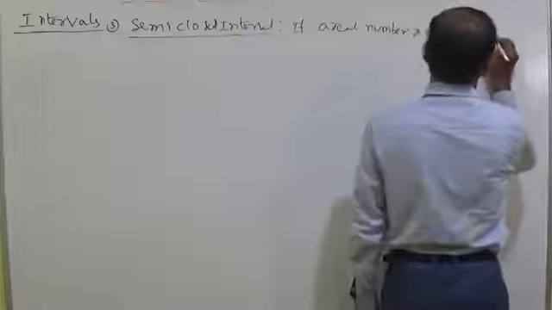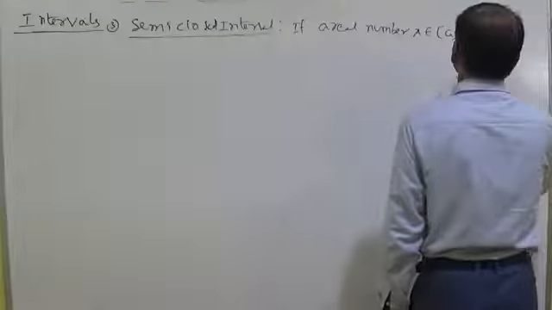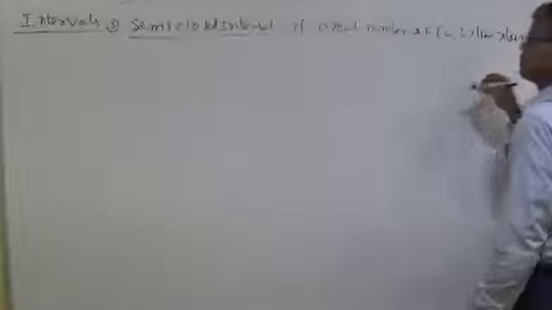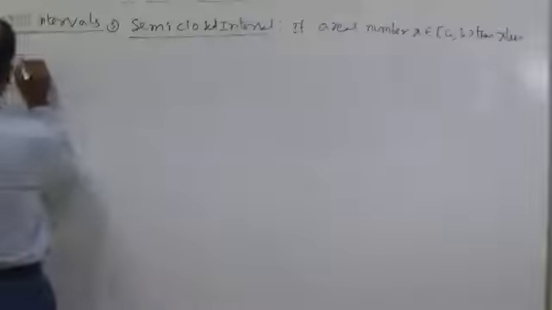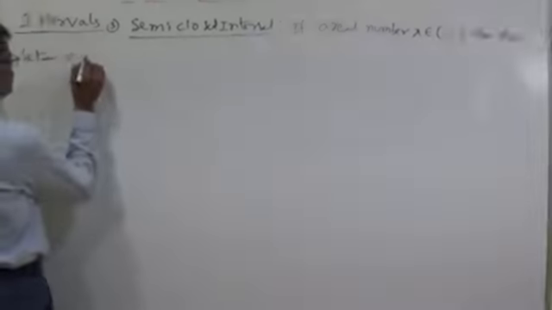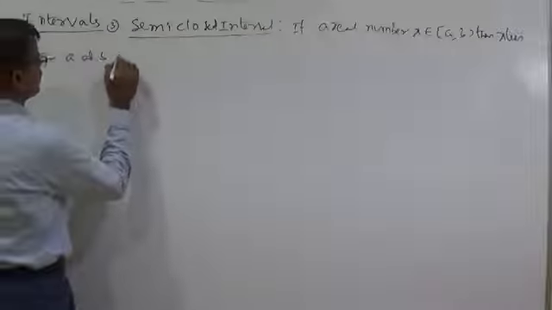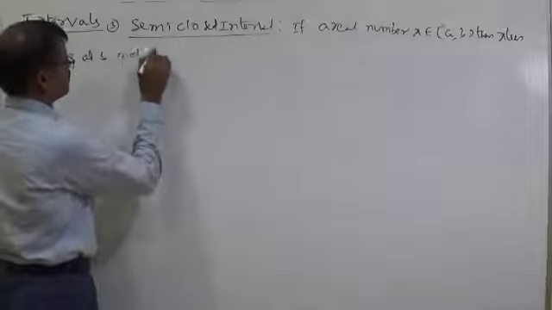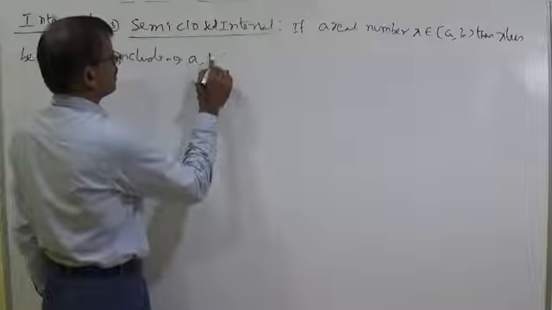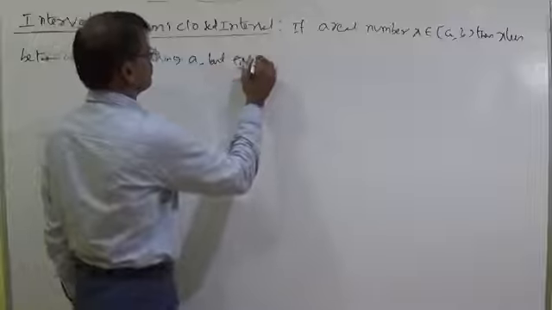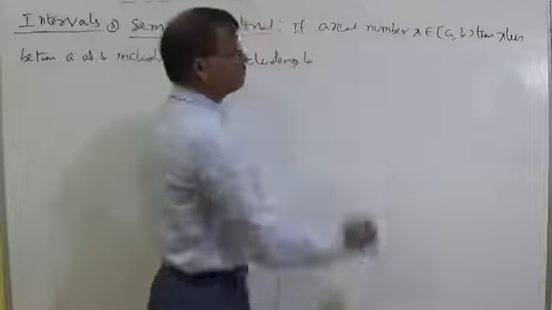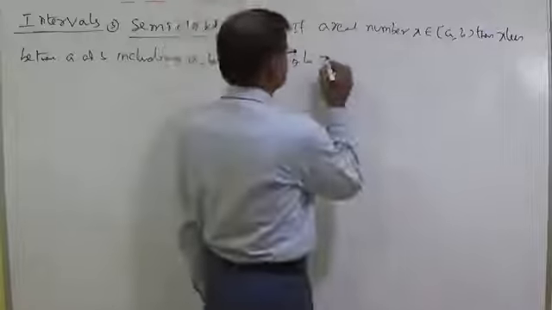Then x lies between a and b. Here you can write as including a but excluding b. Including a but excluding b. That means then